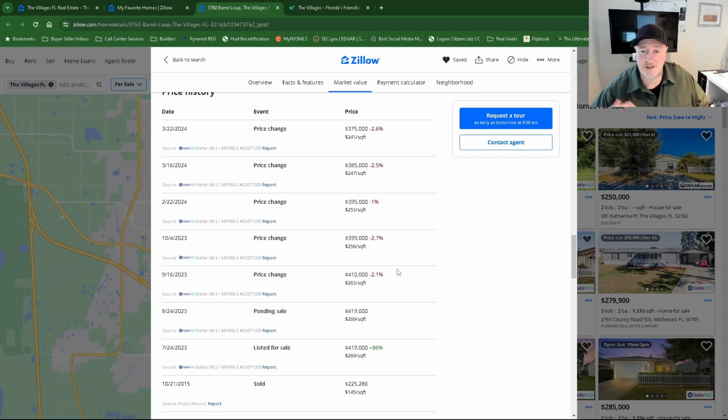As a realtor, I have to make sure I am in front of the price drops. When I see a price drop, or if I know one's coming, or I see where the market's going, I have to be able to notify my clients ahead of time that this is happening. And if I'm working with buyers, I want to know this ahead of time. If you're an agent and you're not full time, you're not looking at price changes, you're not looking at sold inventory on a daily basis, you're not looking at new listings on a daily basis, you're probably not doing your job,